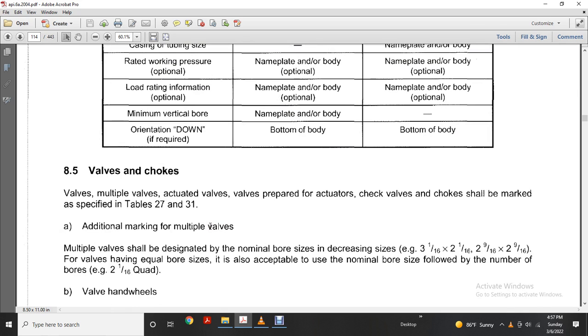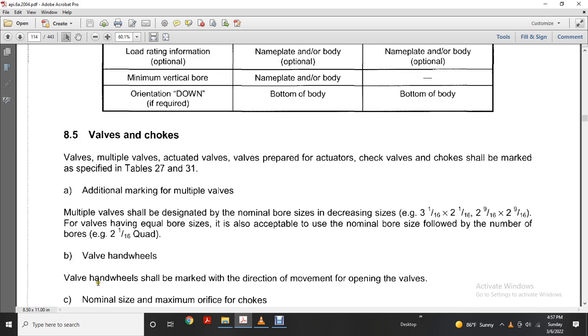The chokes shall be marked when specified in Tables 27 and 31. Additional markings for multiple valves: multiple labels designated with the nominal bore size, decreasing, 3-1/16 through 16, through 2-9/16 by 2-9/16. For valves having equal bore size, it is acceptable to use either the nominal bore size followed by the number of the bores. Valve hand wheels